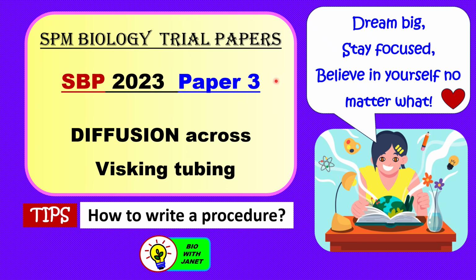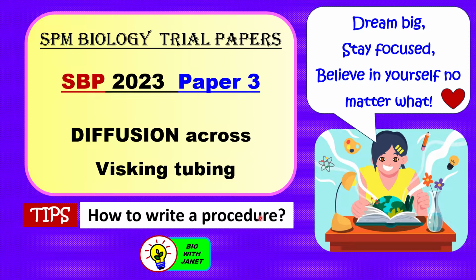Hi everyone. So I'm back with a question and a discussion on the paper 3 experiments, as many of you will be taking the SPM practical paper 3 coming up soon, right? So this is SPM 2023 paper 3 about diffusion across a Visking tubing. Okay, and here we are going to discuss how the size of the molecules affect the process of diffusion across